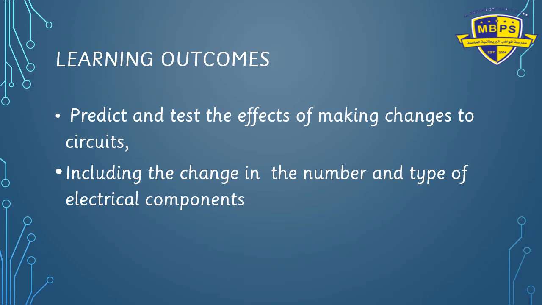We have learned from the earlier classes, what are circuits? A circuit is a path of flow of electricity. And what are electrical components? They are the things that make up a circuit. For example, wire, battery, lamp, motor, buzzer, switch. They are all electrical components. So by changing the number and the type of the components, does the electrical circuit work, doesn't work, or work better, or do some components work better and some don't? This is what we are going to study today. This is where you're going to predict. That means you're going to guess.